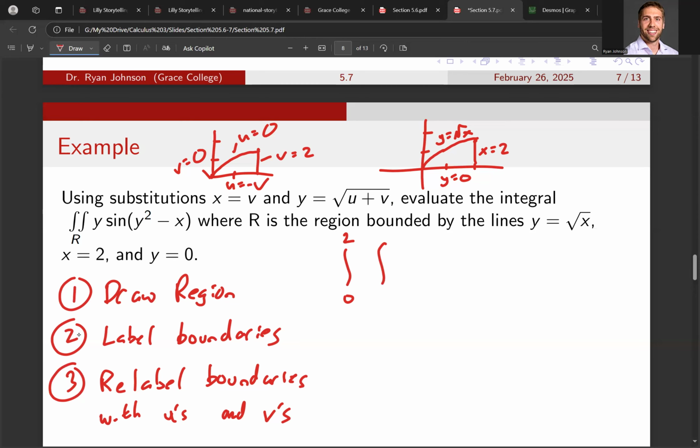Well, since v is going 0 to 2, that means v is positive. And so we should put the negative v on the bottom. Okay. And so then